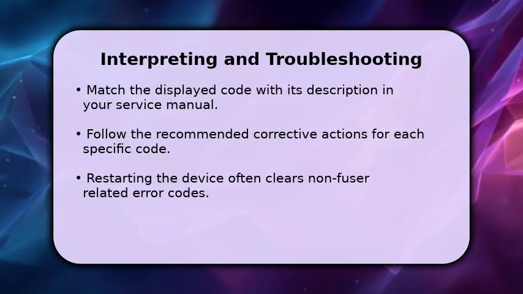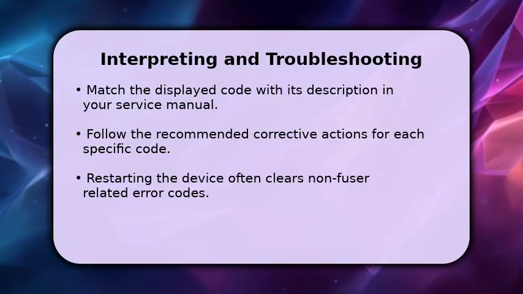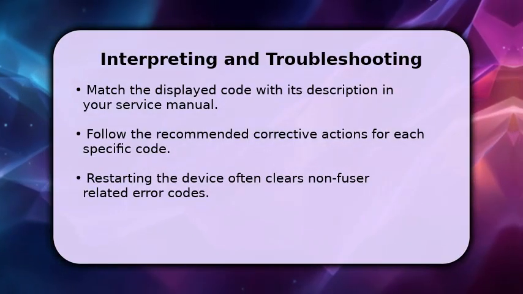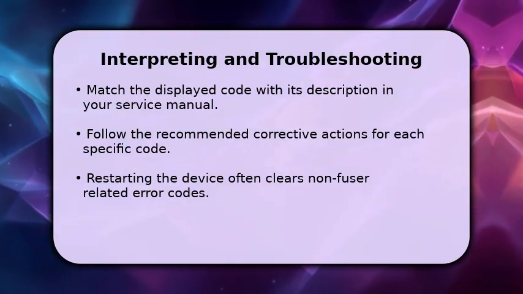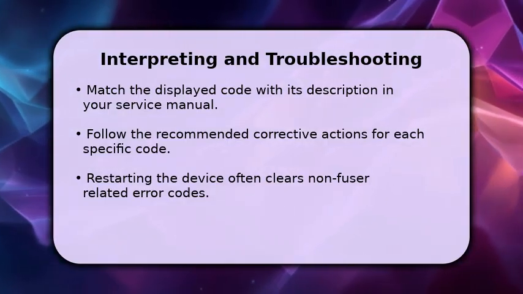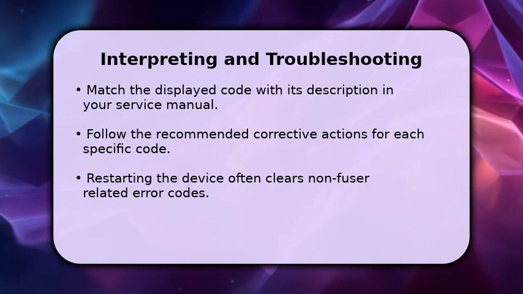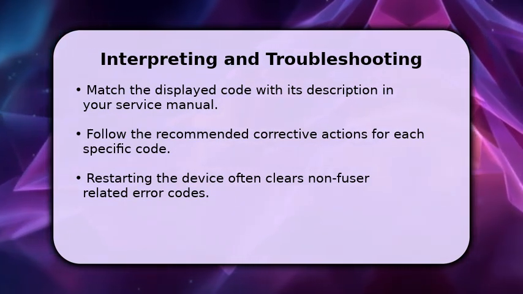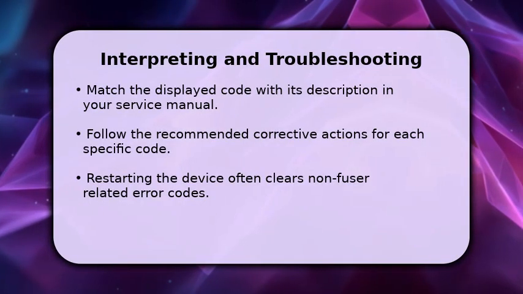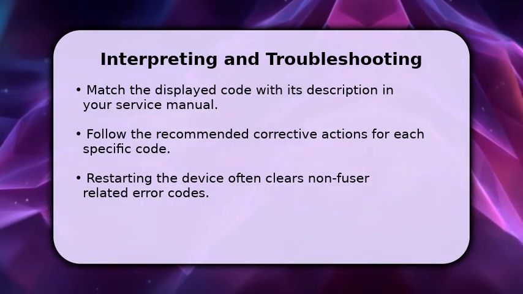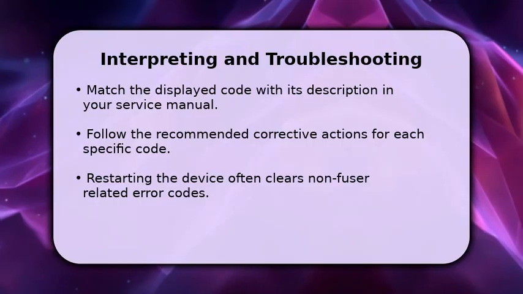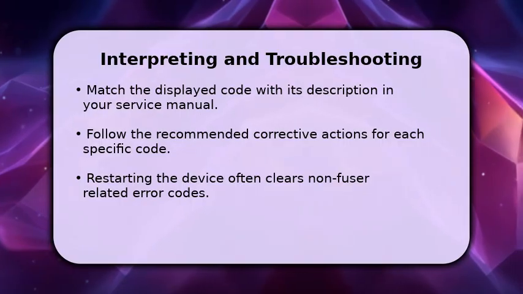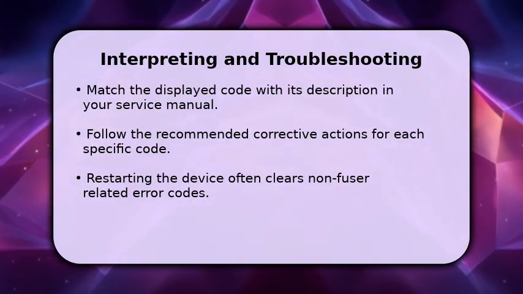Once you have a response code, the next step is interpretation. Consult your Toshiba service manual or an online database to find the code's meaning and recommended troubleshooting steps. For example, a C411 code might indicate a fuser unit thermistor issue. Many non-fuser errors can be reset by simply powering the machine off and then back on. If the problem persists after following the suggested actions, it is best to contact a qualified service technician for further